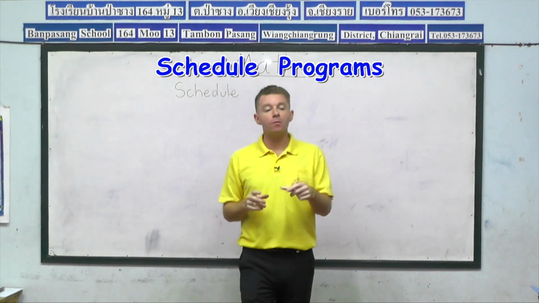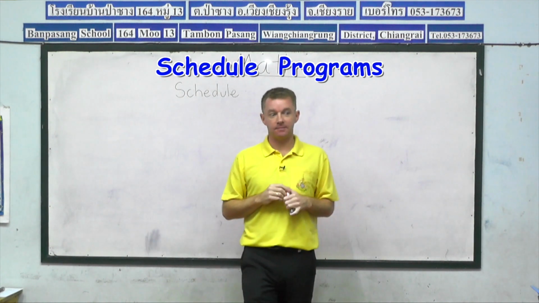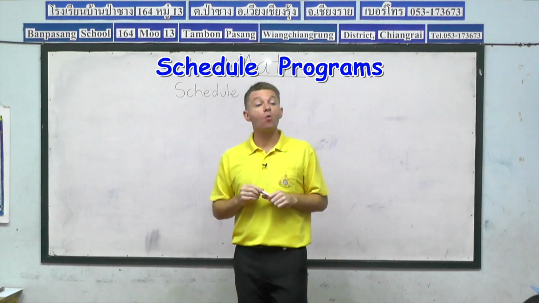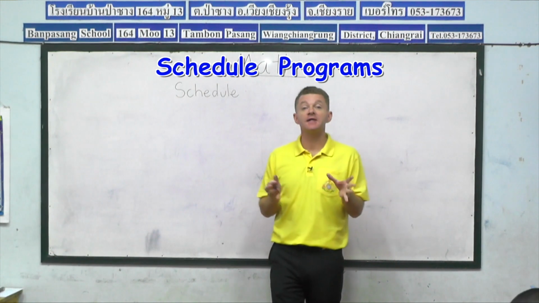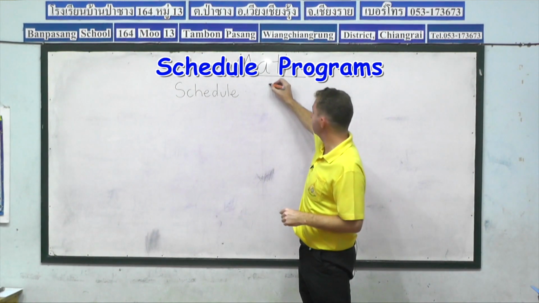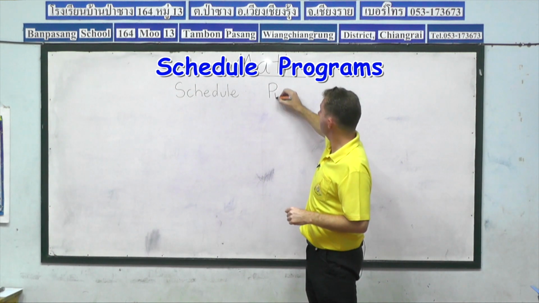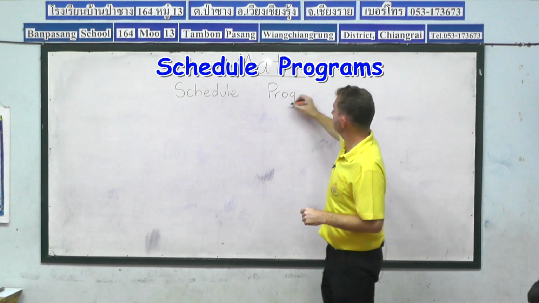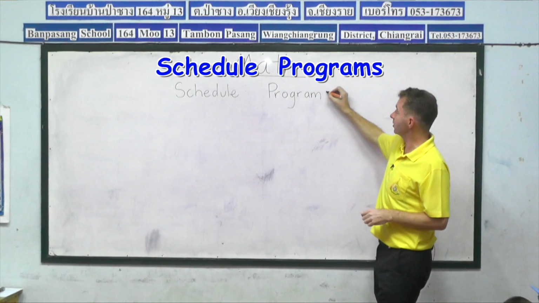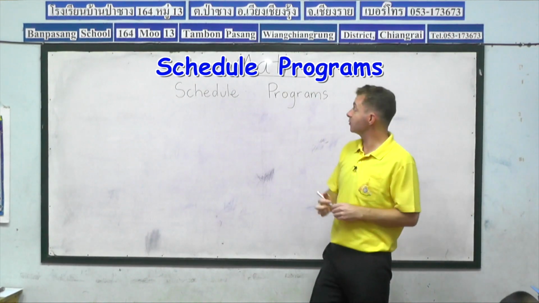And the first type of schedule that we learned how to do were timetables. But who can remember what we learned to do previously? After timetables, we did programs. Yes, we learned how to create a program schedule. And program is spelled P-R-O-G-R-A-M. And you can add S at the end too. So we've got schedule,